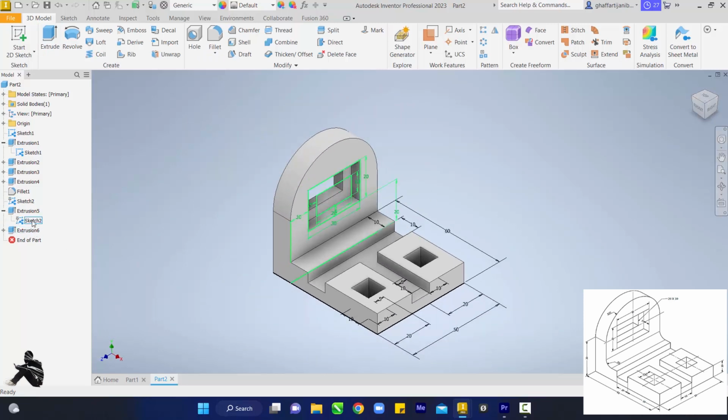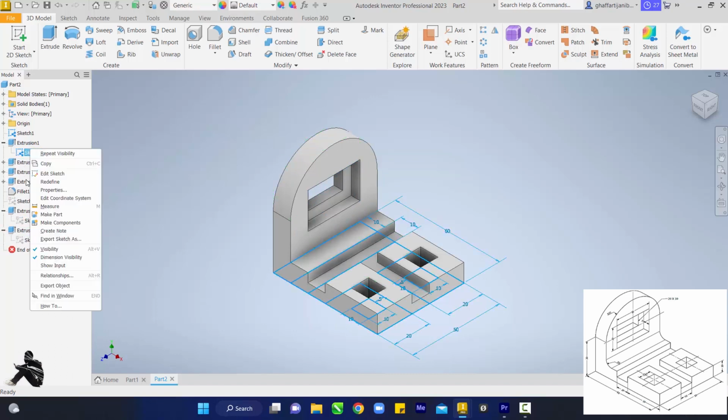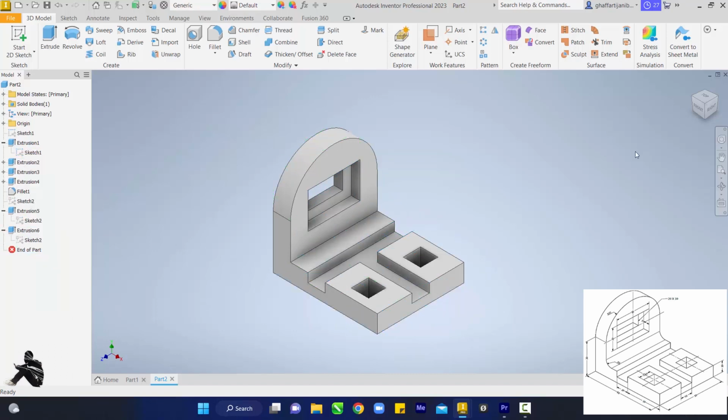Then you can just come back to turn off every visibility. Then I think here we turn on all the visibility. So